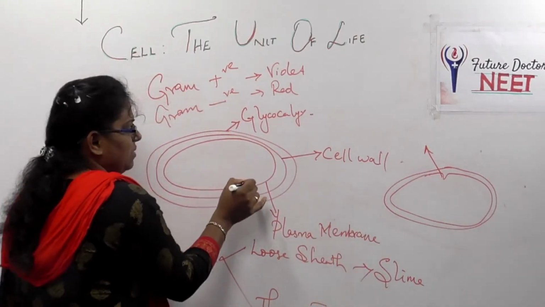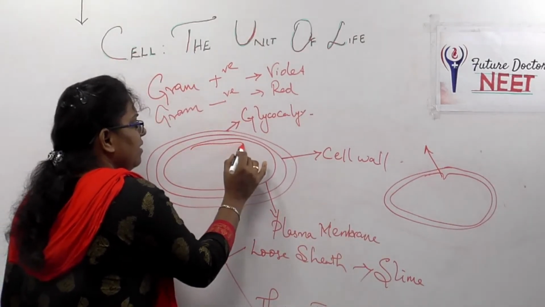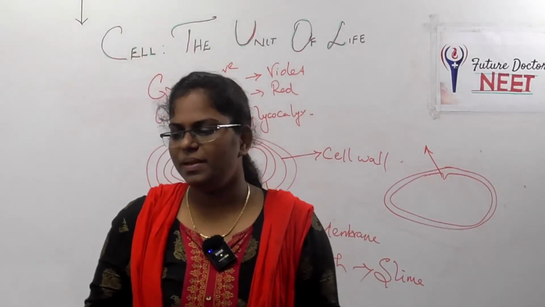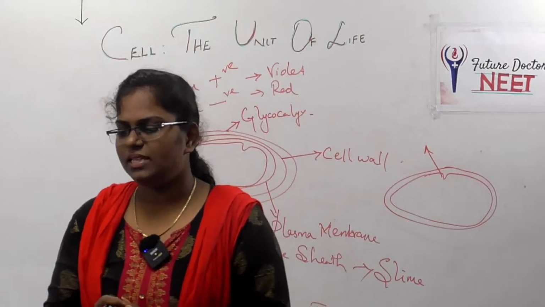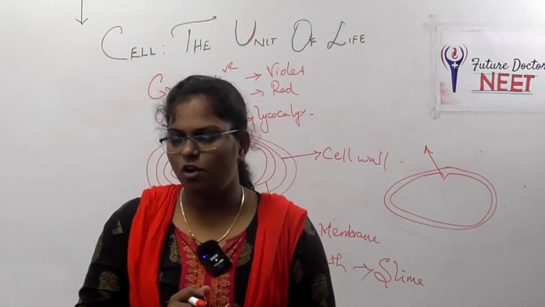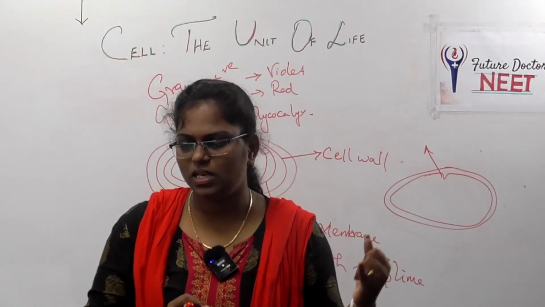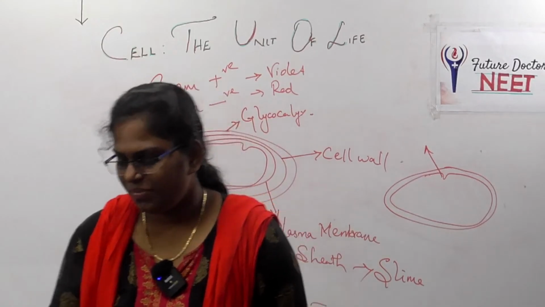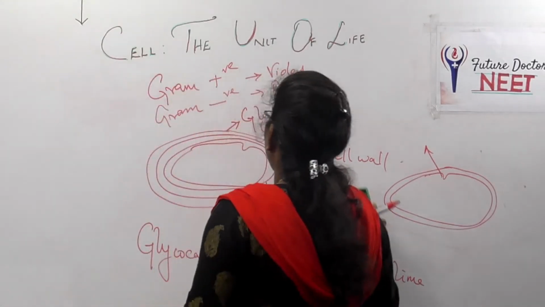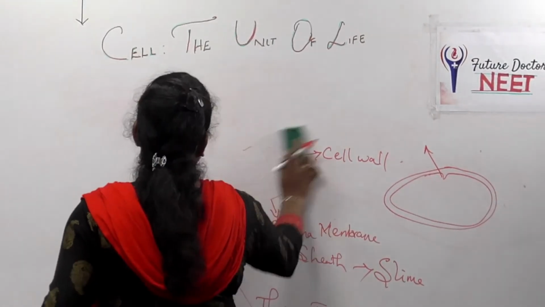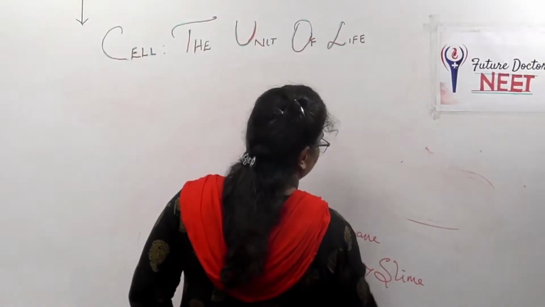Here this is a plasma membrane. So here it is having some mesosome. What will be the extensions we are going to see? These extensions are in the form of vesicles. First one vesicles, second tubules, and third one is lamella. So what do vesicles mean, what do tubules mean, what does lamella mean? We are going to see.